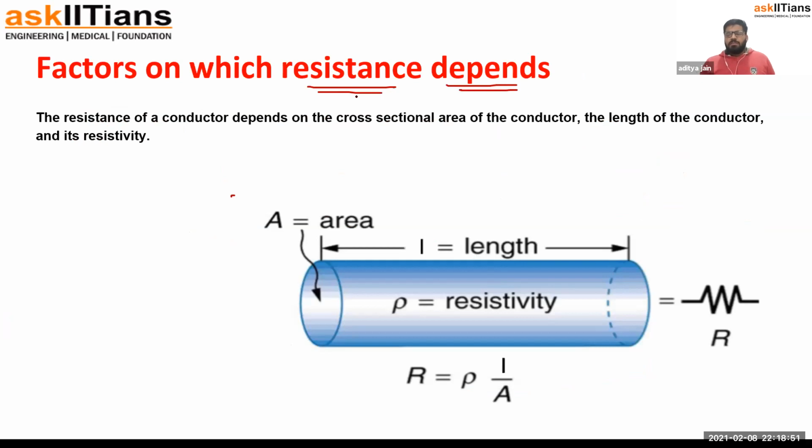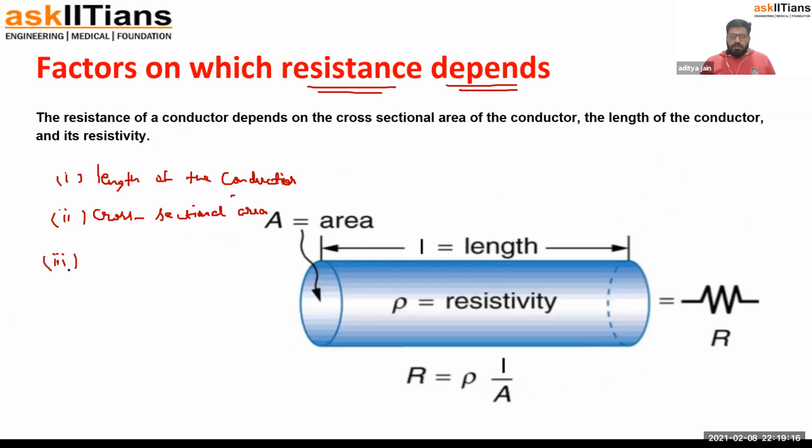Factors on which resistance depends. So resistance basically depends upon three things. Length of the conductor, the conductor whose resistance you are interested in finding. Second is cross-sectional area, and third one is the material of the conductor. The material by which the conductor is made also affects its resistance. Yes or no? So these three things will affect the resistance of a conductor, and the relation between these is this